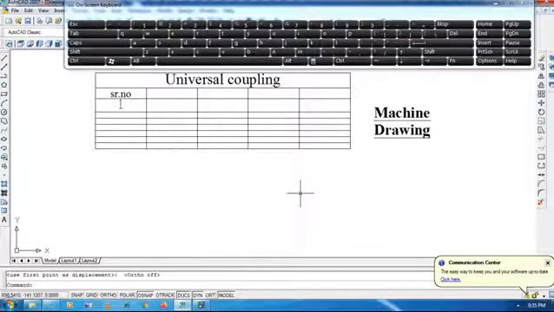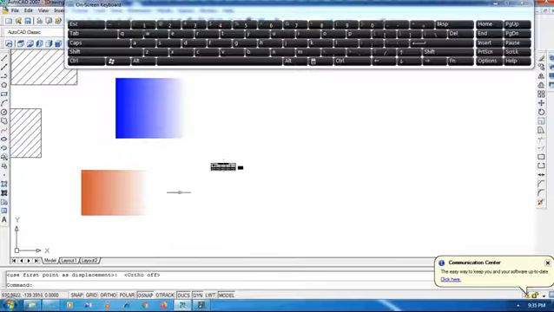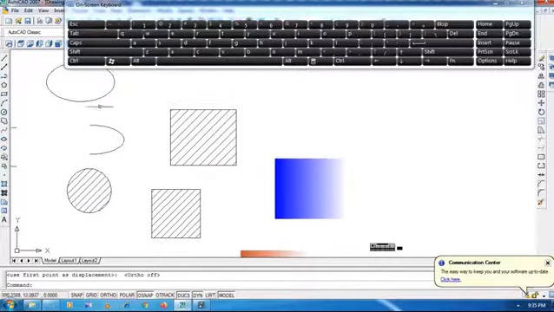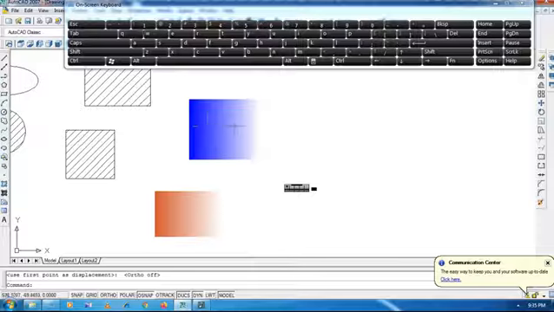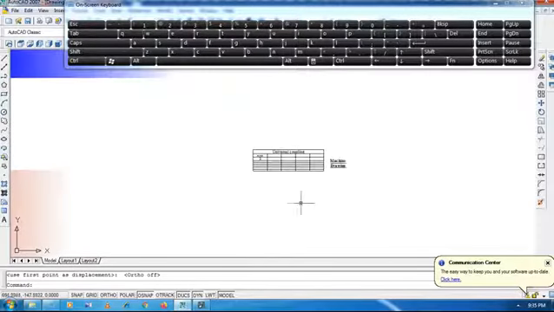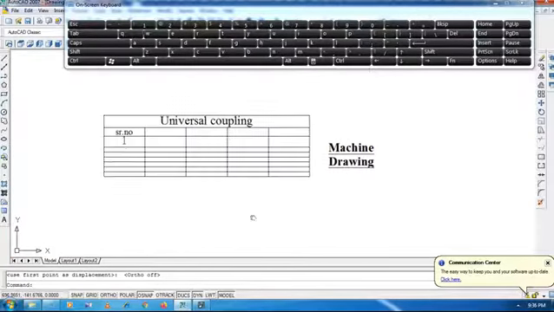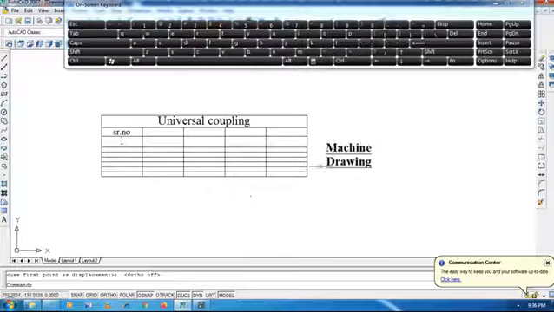Okay, so friends, today in this lecture we have learned how to draw an ellipse, how to draw a half ellipse, how to draw hatching, how to draw this gradient, then how to draw a table, and then how to enter text into AutoCAD.